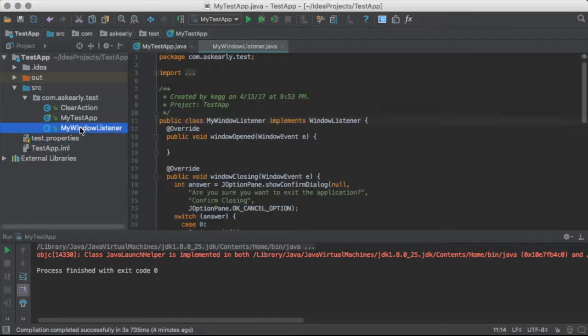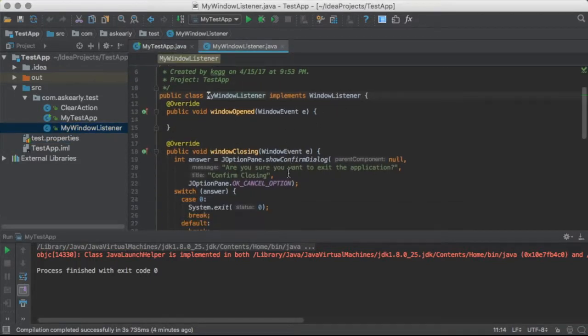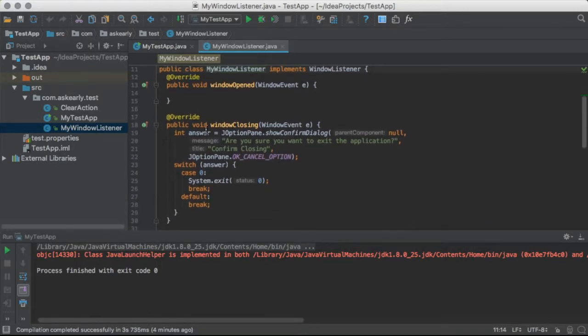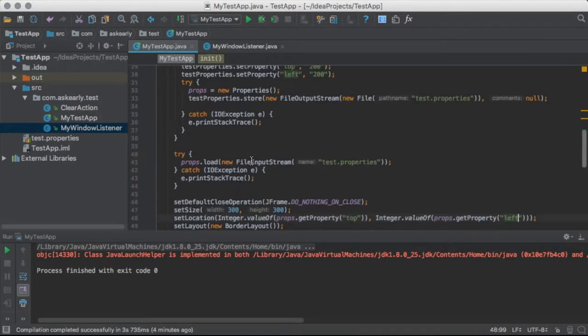Okay, so in our window listener, where we tell it to close, before we close it, we need to pass in